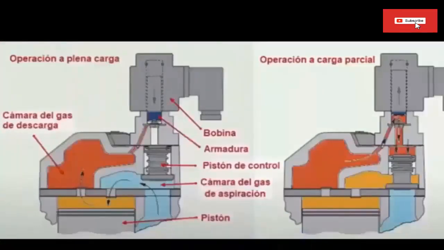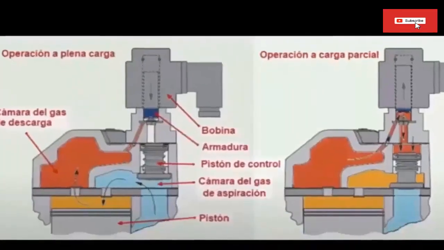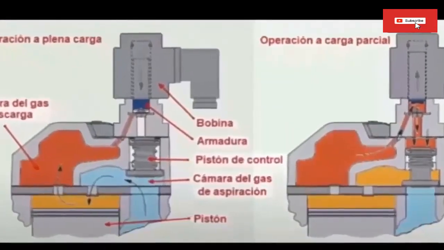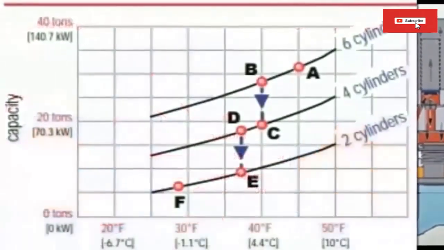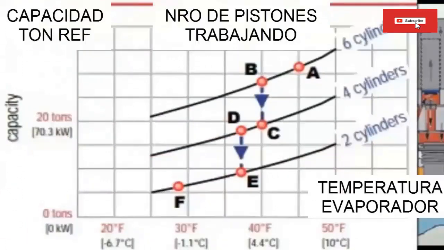Now we are going to study the management of the unloaders of a 6-piston reciprocating compressor, using the following graph. 1. A plot of compressor capacity against suction temperature, assuming a constant condensing temperature, reveals that compressor capacity increases as suction temperature increases. 2. When the temperature and suction pressure increase, the refrigerant in vapor form becomes more dense. 3. Therefore, a greater amount of refrigerant can be compressed in a given compression cycle, thus the capacity of the